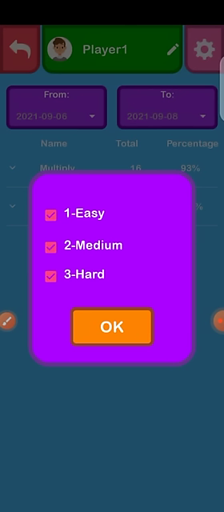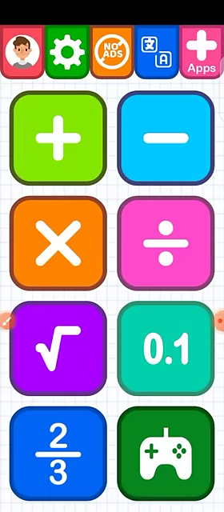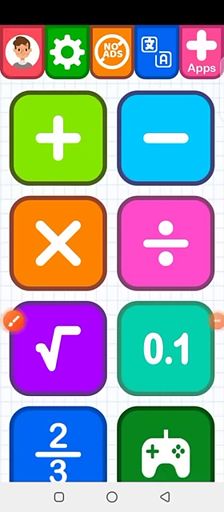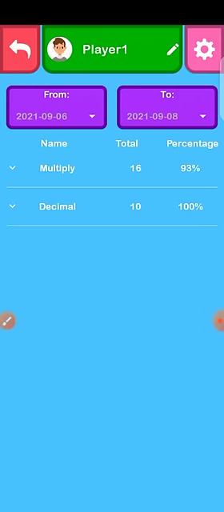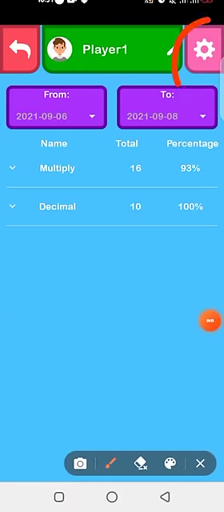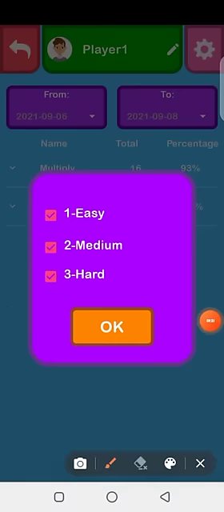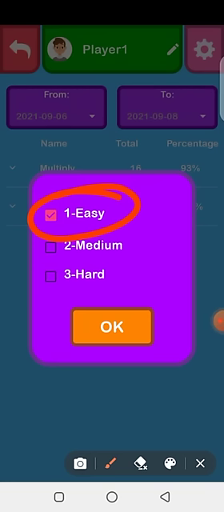How do I jump to the medium, I'll tell you. You have to go to this boy sign and click on that. You will jump to the different mediums. There are three mediums over here: easy, medium and hard. For your child, you can select the easy medium only, according to their age. If grade 1 is doing this, they are going to go for the easy medium, and if grade 3 is doing it, they can go for all three mediums as well.